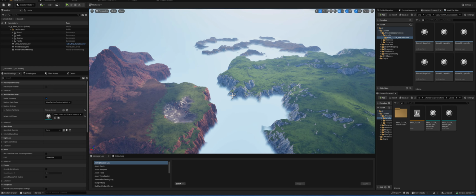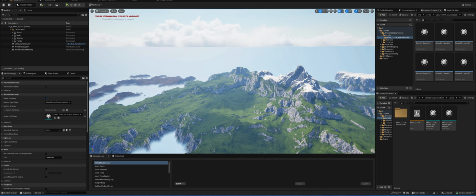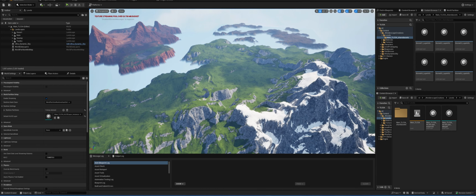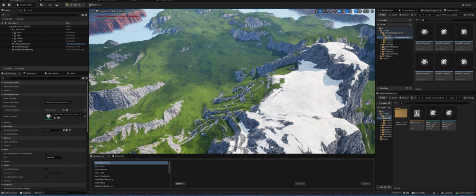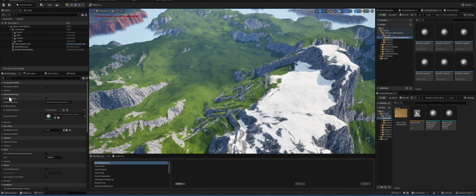So there's going to be a lot of sitting and waiting. Just want to get that out of the way. You will be doing a lot of sitting and waiting the first time it builds the HLODs. It takes a great deal of time, but essentially the way that it's going to work is, I'm going to just come right here. We come over here to the world partition stuff,